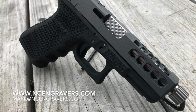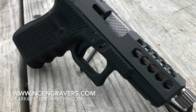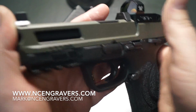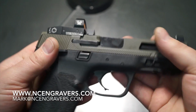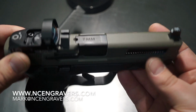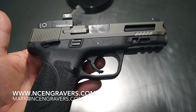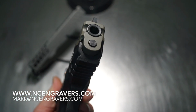Now, once again, I'm not 100% sure what we'll be selling. We might have a couple of things there that we'll be selling, a slide here, a slide there, maybe a barrel here that's been laser colored, something along those lines. I just don't know what the inventory is going to be just yet. However, if you plan on going to the show anyhow, it's a good opportunity to swing by, ask those questions, and put your hands on some of the builds that you've seen in the videos that you haven't actually had an opportunity to hold. So it's really cool. Gives you kind of just a better idea of what we can do, what we offer,